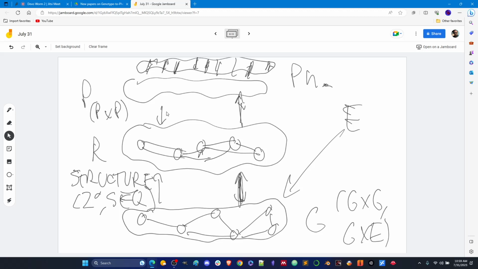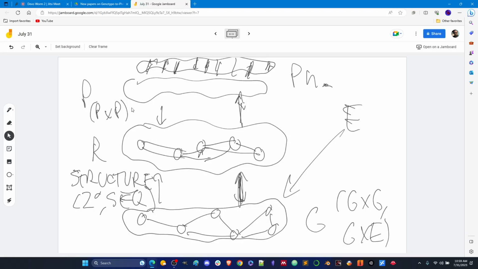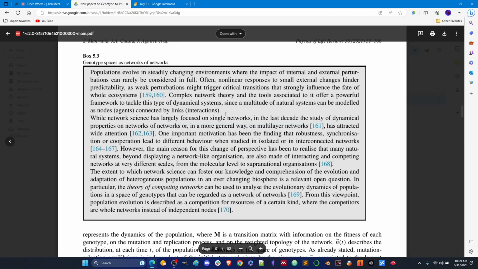So we have these layers, and it's vertically organized. This is one of the reasons why we do this, because it allows us to get at some of these interactions. So this is a multi-level network, as opposed to just singular networks. When I said meta networks before, I meant multi-level networks. But anyways,